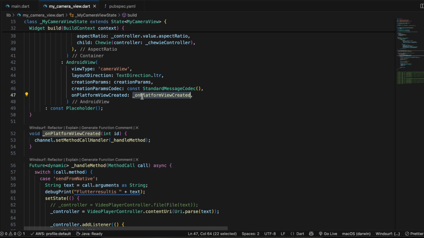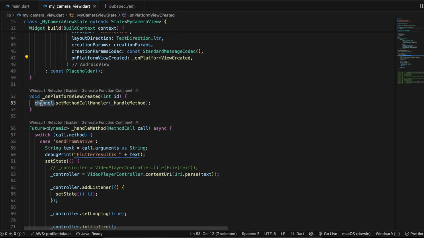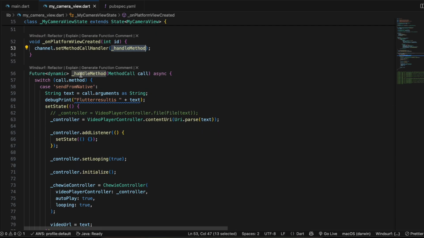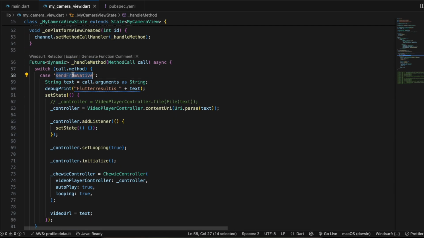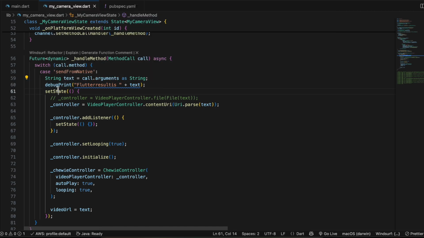Now this particular thing, Android view has a callback on platform view created. So here we just do channel.set method call handler, passing in our handle method. So here inside handle method we have this case called send from native. So here we will get the video URL, okay, and inside set state we just initialize our controller, we add